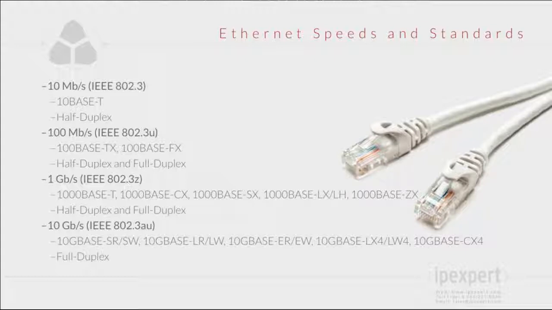Now, 1000BASE-T, as you might guess, is copper based. It uses category 6 cabling. 1000BASE-CX, to be honest, I can't really remember which one that is. It's not very, very widely used. We have 1000BASE-SX, which uses multimode fiber, 62.5 nanometer fiber connection. Then we have 1000BASE-LX or LH, which uses the single mode fiber, which is, I believe,